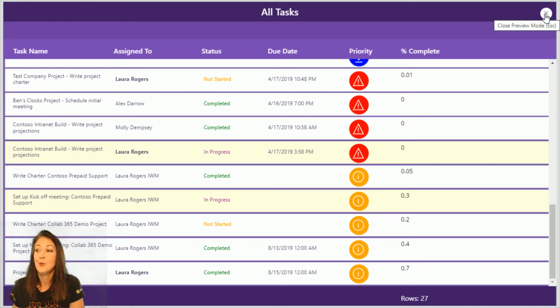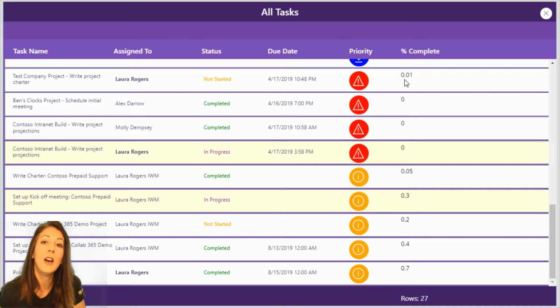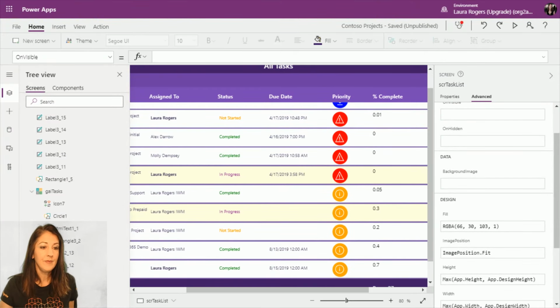If you're in a visible property, that has to be true or false. And if you're in a font weight property, that has to be the name of a font weight, like bold or normal. So not all of them, but a lot of your properties are going to expect a very specific type of value. Okay, so